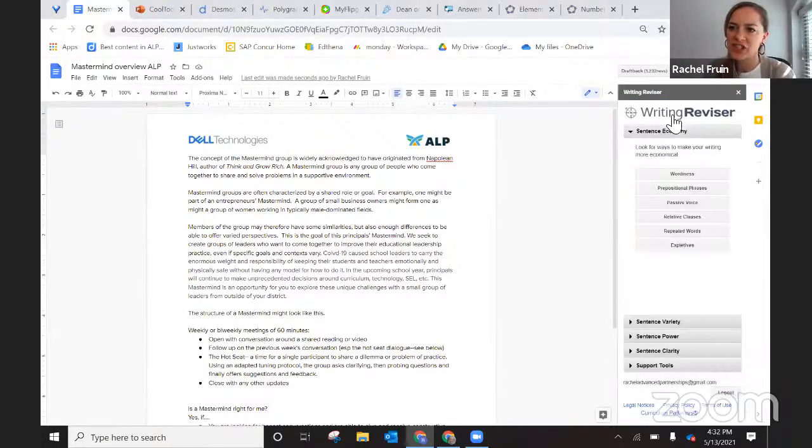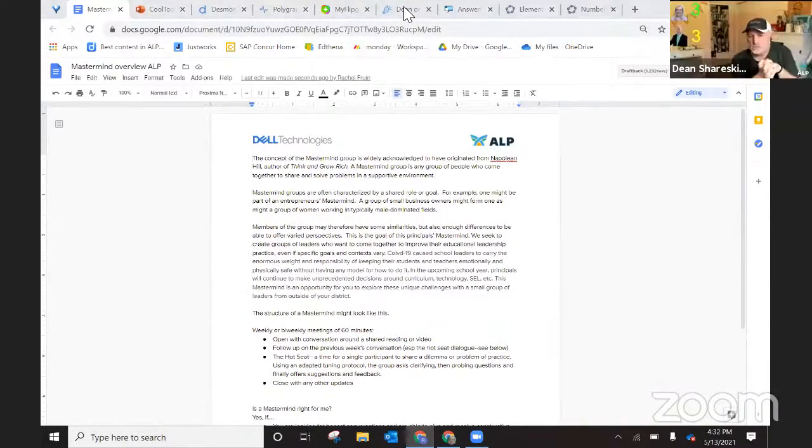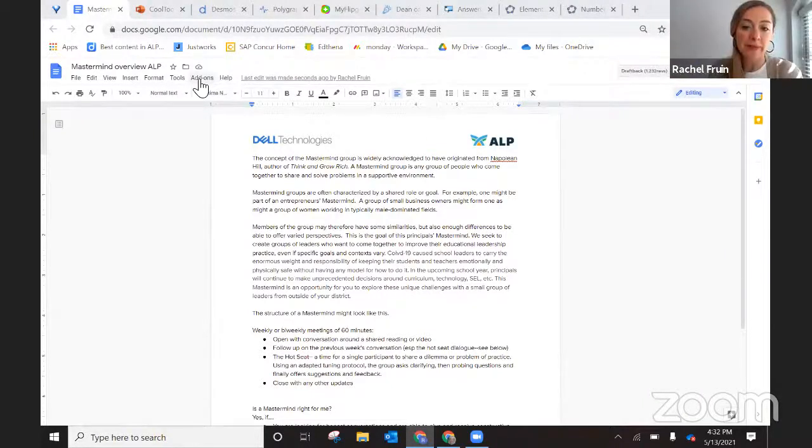So besides repetition, we've got sentence variety, sentence clarity, wordiness, all those things that students want to become better writers with. So great add-on. Do those things pop up, or do you have to go looking for them, like with that little side panel? They pop up. Yeah, it'll highlight the document where those issues are. Nicely done. Okay, well, I can stay in that vein. I'll also show you